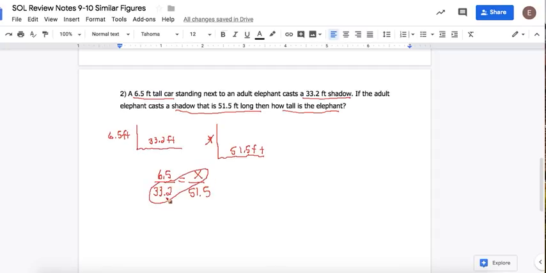So 33 and 2/10 times x is 33 and 2/10 x. 51.5 times 6.5 is 334 and 75/100. The opposite of multiplication is division, so I'm going to divide by 33 and 2/10. The 33 and 2/10 divided by 33 and 2/10 is a 1 in disguise. And now I'm going to take 334 and 75/100 divided by 33 and 2/10. And I'm going to get